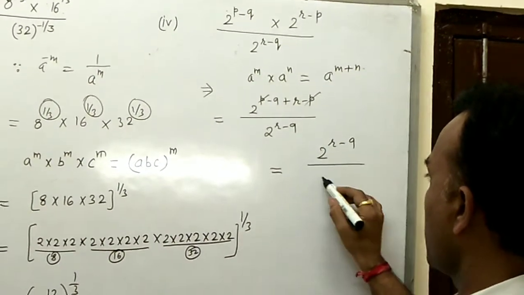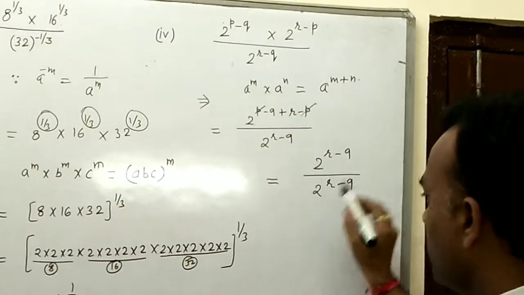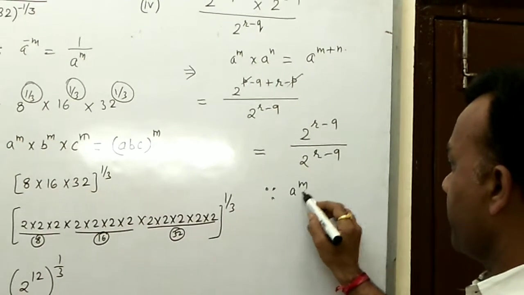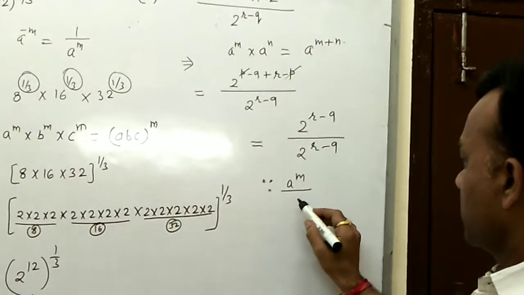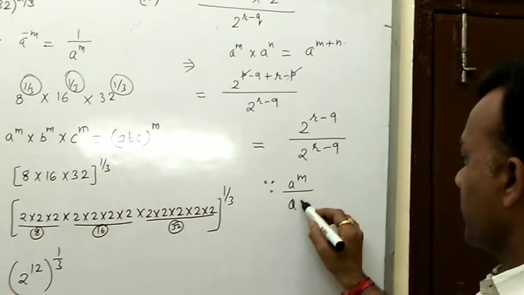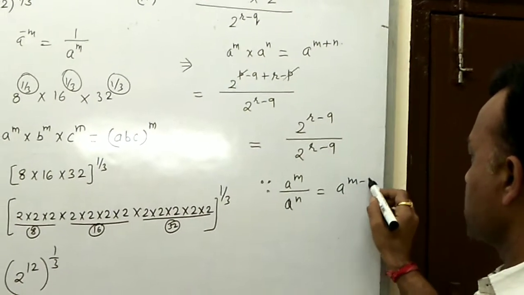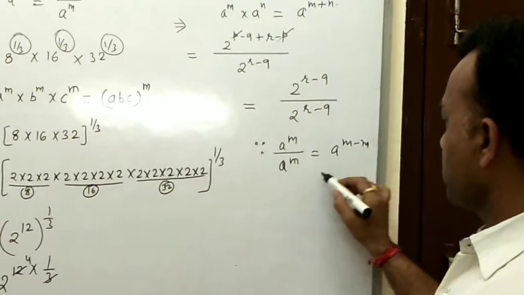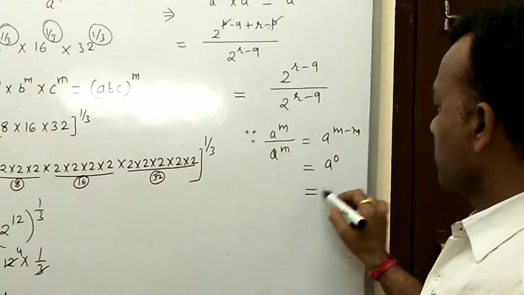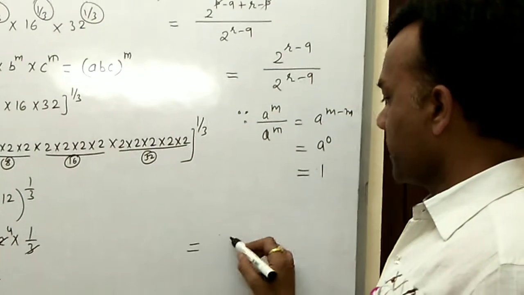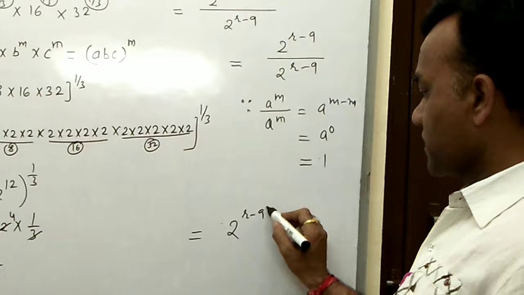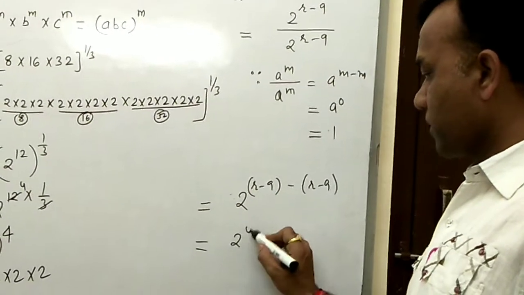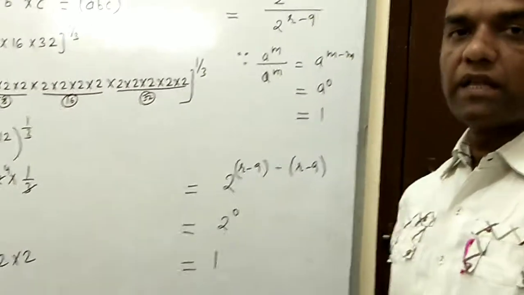And suppose you also have 2 to the power r minus q in the denominator. Both are the same, but again using the rule a to the power m divided by a to the power n is a to the power m minus n, because both bases are the same, you write a to the power m minus n, and then the power is 0, then your answer is 1. So same concept here: 2 to the power r minus q minus r minus q means 2 to the power 0, and if it is to the power 0, then the answer is 1.